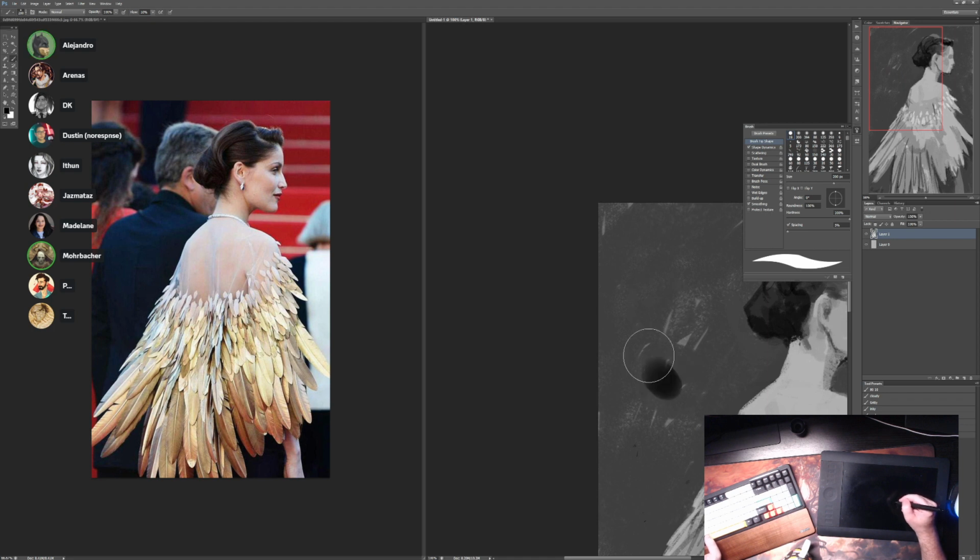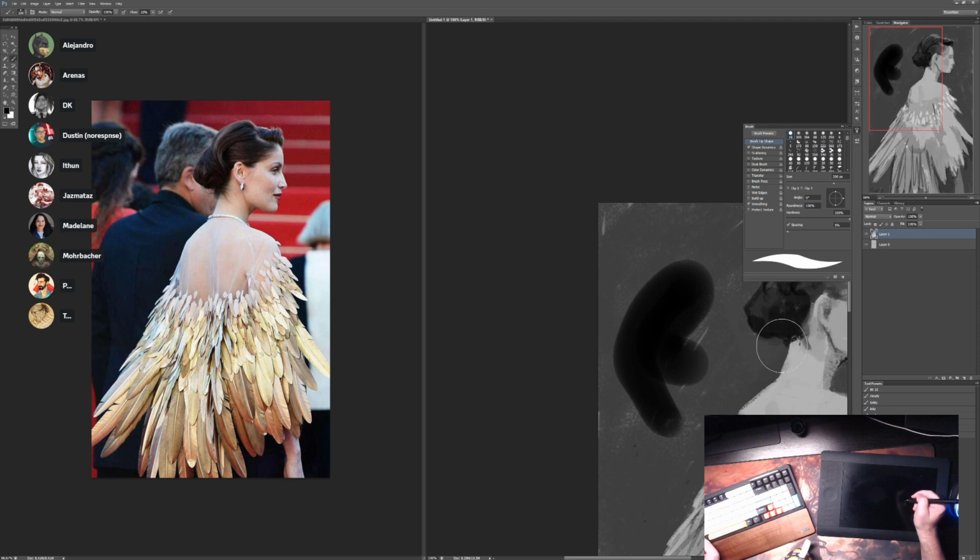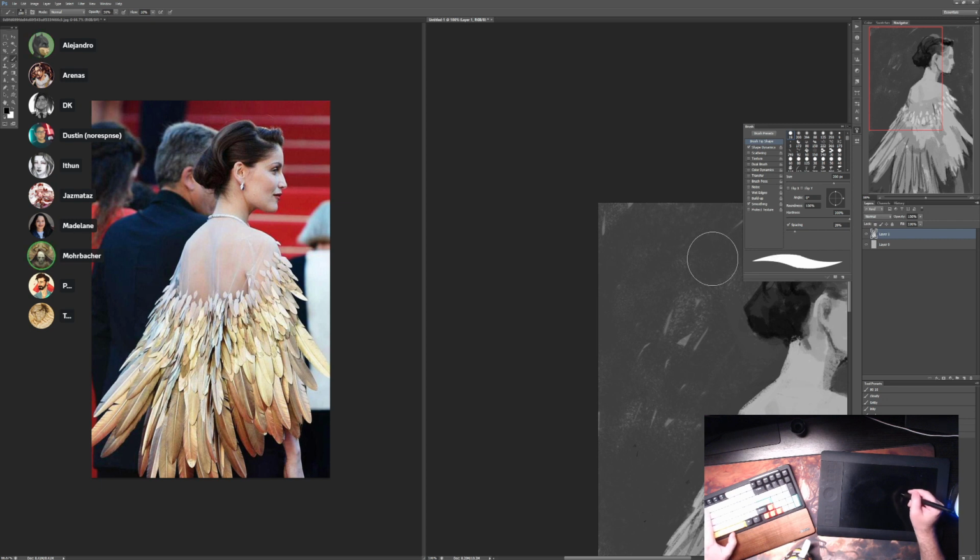And so at 10% flow, it's just fading the brush in and out. It's not causing it to be really transparent. If you were to keep the default spacing, I would say you'd probably want